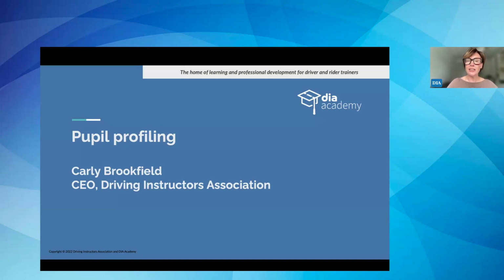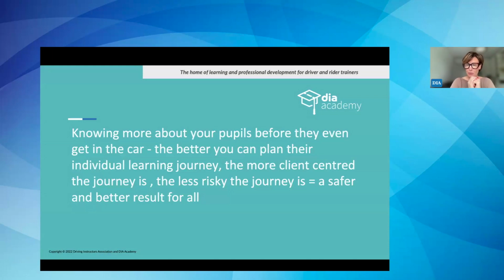Okay, so pupil profiling: what is it and why are we doing it? Now, we're not expecting people in this respect to become members of the FBI, with FBI-standard serial killer profiling. That's not what we're on about here. However, there are things to be drawn from that process of getting to know somebody so well that you are able to better design a profile of that person and correlate their learning journey and what you're going to do with them in the training process, using that knowledge to fit their individual wants and needs.